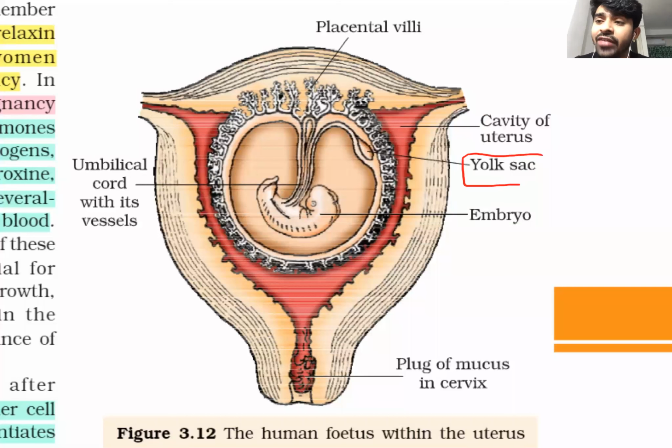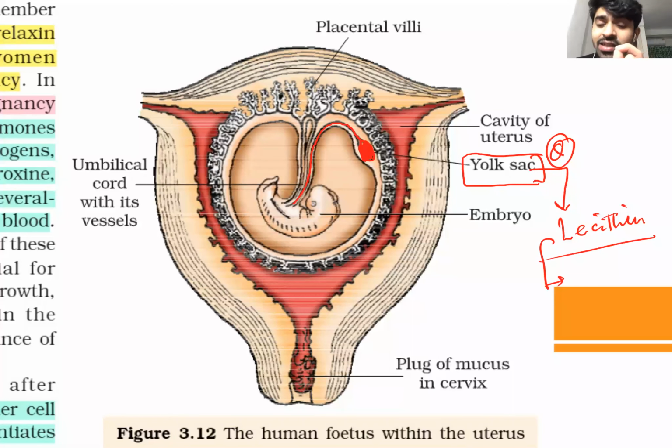I know NCERT hasn't mentioned anything about the yolk sac, but they have marked it on the diagram. So if NCERT plans to ask any question on the yolk sac, they will only ask what this structure is, which you are getting from this umbilical cord. So just mark it. This is a yolk sac. What is the importance of the yolk sac? The yolk sac is made up of yolk, and yolk is nothing but lecithin. This yolk sac performs many roles. One role is that at a certain stage of embryonic development, it also helps in the formation of blood.